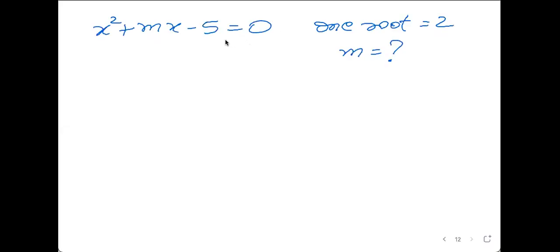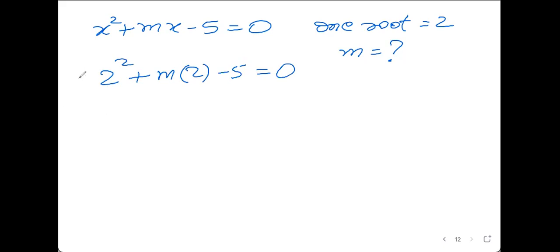The question clearly says one of the roots of equation x square plus mx minus 5 equals to 0 is 2. 2 is one root, so what is the value of m? That means if we put 2 in place of x, this equation should be correct. So let us do that. Khadija and Prachi, you have got the same answer. Karthik has got a different answer. So let us see. By substituting 2 in place of x, it will become 2 square plus m into 2 minus 5 equals to 0. Chand also got 1 by 2. Karthik is getting minus 1 by 2.